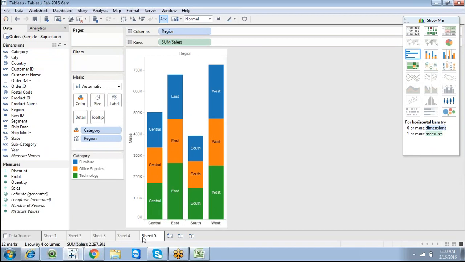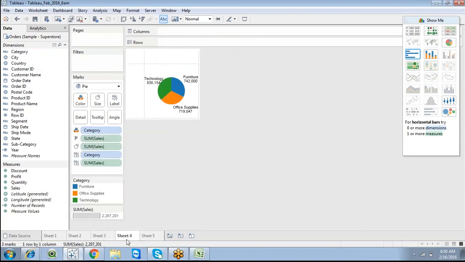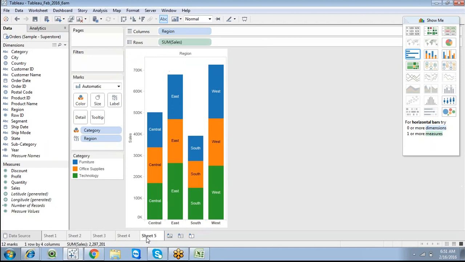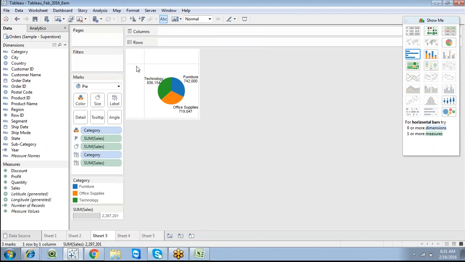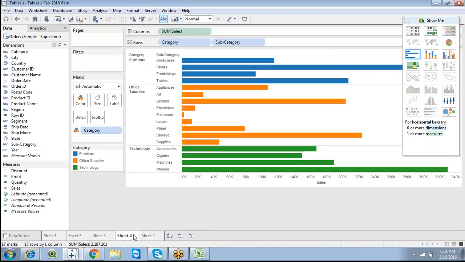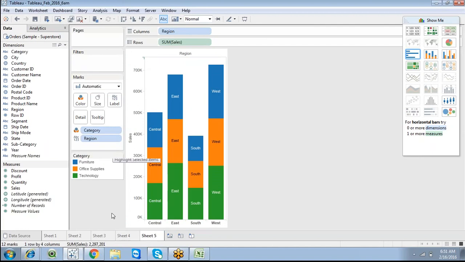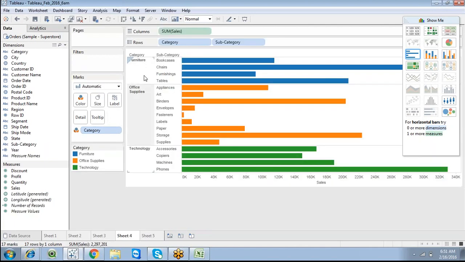So we do have three reports, or three sheets. While working with three sheets, my requirement is, whenever I apply a particular filter on the pie chart, I want it to reflect the same in sheet 4 and sheet 5. So similar to source to destination. I want to apply a filter on the first sheet, and it has to reflect in sheet 4 and sheet 5. We have a common column called category in all the three reports.